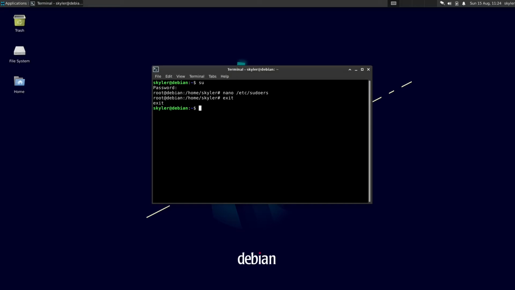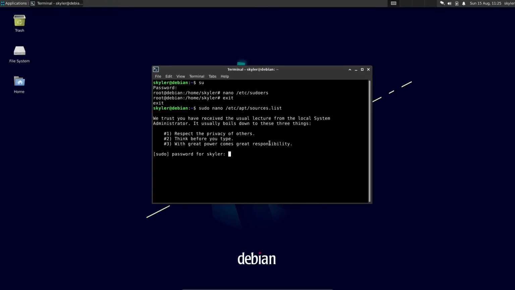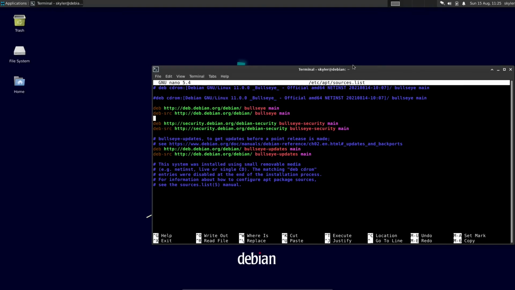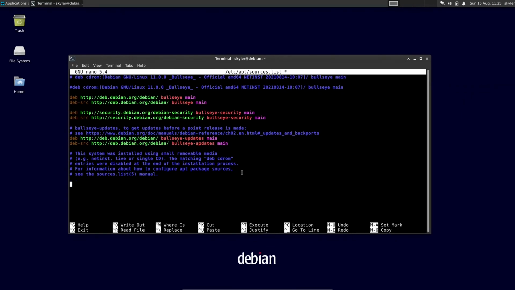backports for Debian 11. I have it right here. So we're going to sudo nano /etc/apt/sources.list, and here we're going to add the backports. Also sorry for the repetition. I'm just gonna make a comment here, backports. Then we're gonna type in deb